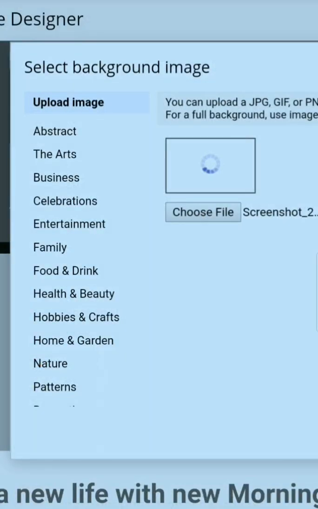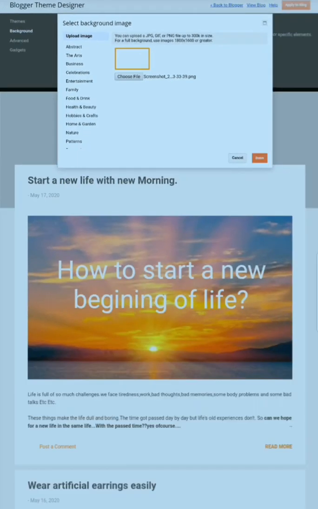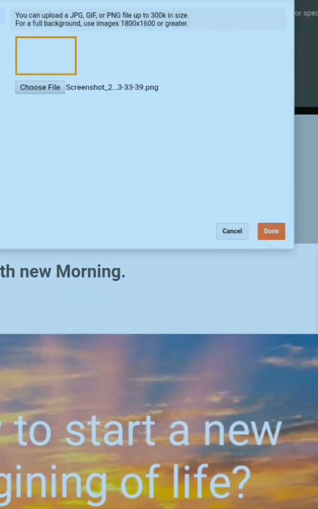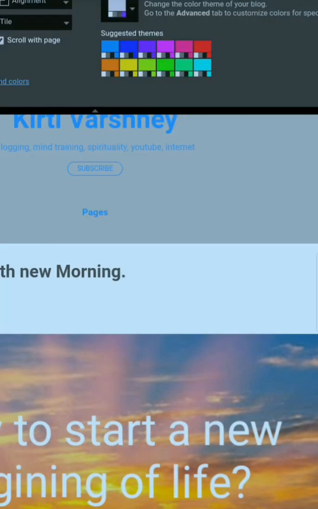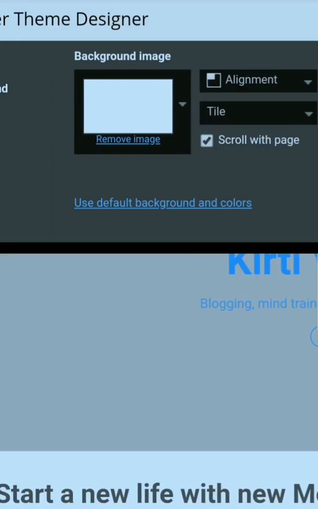Actually what I did, I just took one white background and captured it, and now I am taking it to apply on my blog. So it is uploading, it got uploaded, and now I am clicking done. So you can see the image is appearing here.